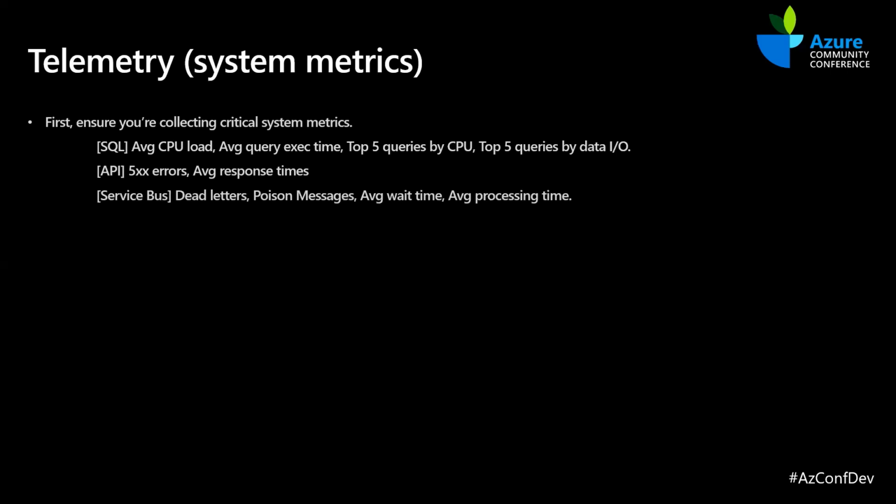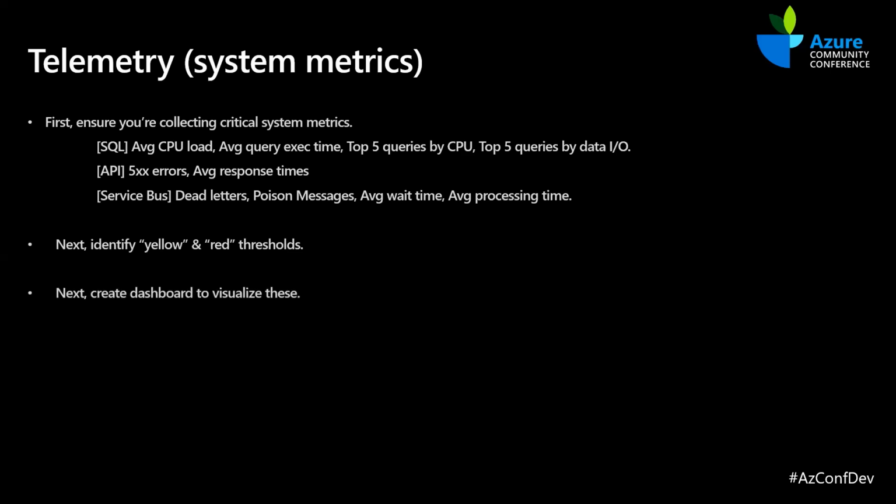For Service Bus, in our queue-based load leveling pattern, we look at the growth in the number of dead lettered messages, and we also look at the average time a message has to wait in the Service Bus before it is processed. So next thing we do is we identify what we call yellow and red thresholds. Yellow are acceptable. Red is, when you exceed the red threshold, probably time to generate an alert.